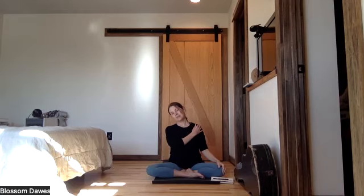Side to a release, the other ear towards the shoulder. Right shoulder stays down as you bring your ear towards the left. Bring that hand into that space where your neck and shoulder come together. Resting there, or a little exploration, spine,